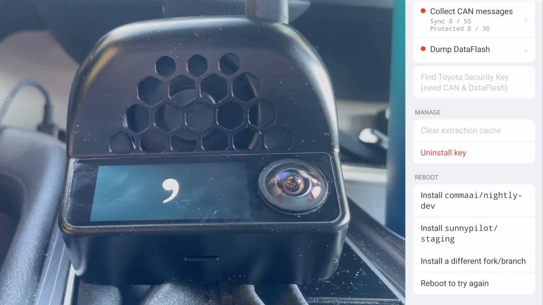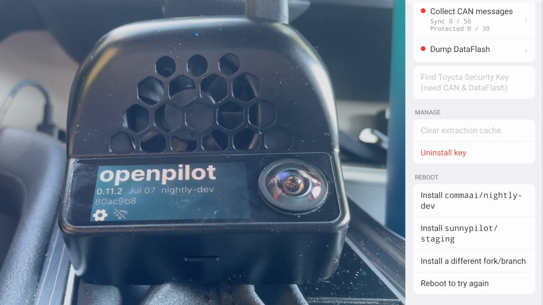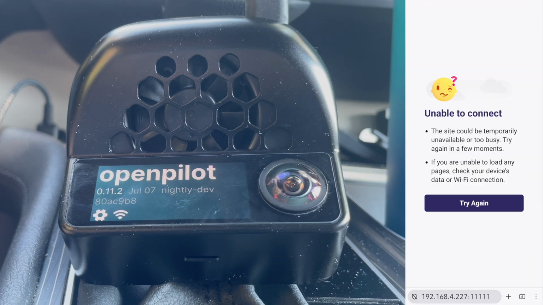This part is faster than normal installation because if you remember, in the first video we did the prefetching, so we already have this version of OpenPilot downloaded on the device. So we're just swapping out the directories. Voila, we have OpenPilot installed. It said TSK Manager, now it says Nightly Dev. So this is the official Nightly Dev branch from OpenPilot. And you can tell that TSK Manager is deleted by refreshing this page. You'll see that the web process is no longer there because again, we deleted it. We're done with the phone portion.